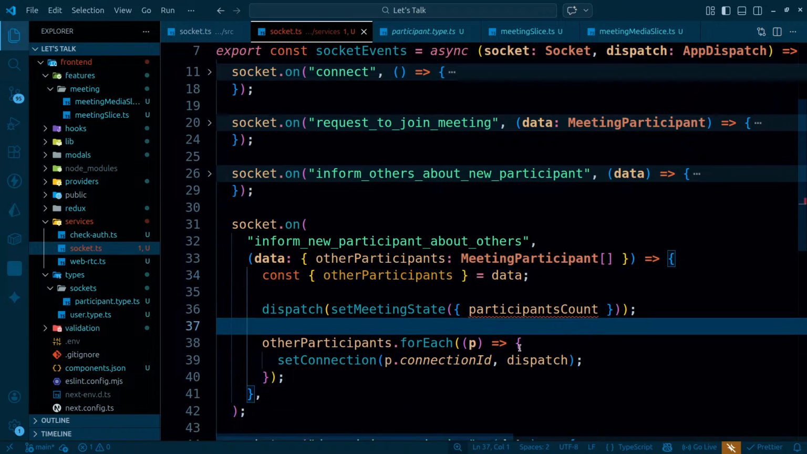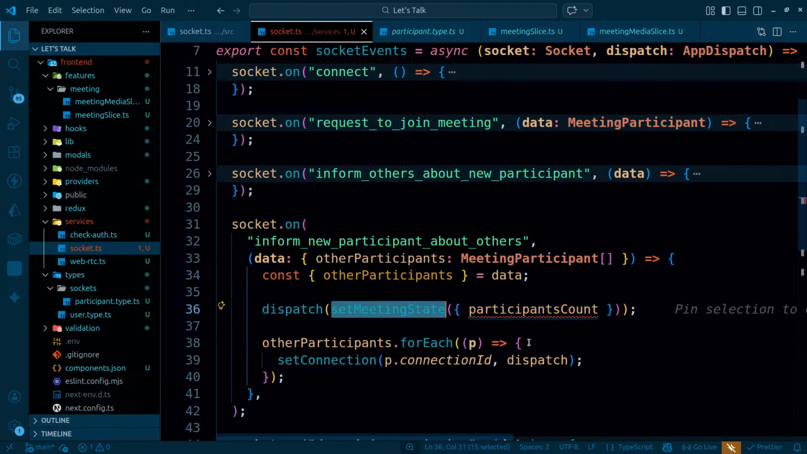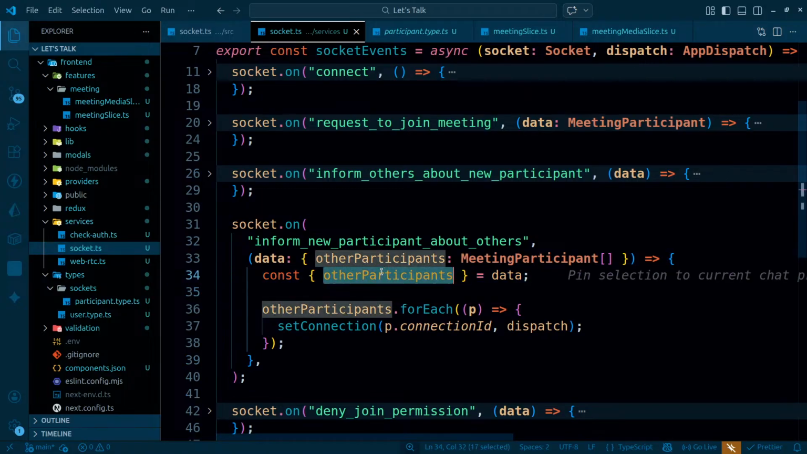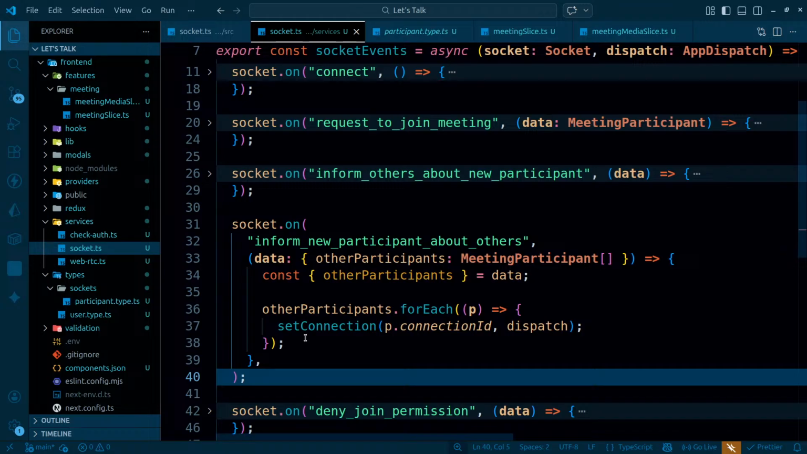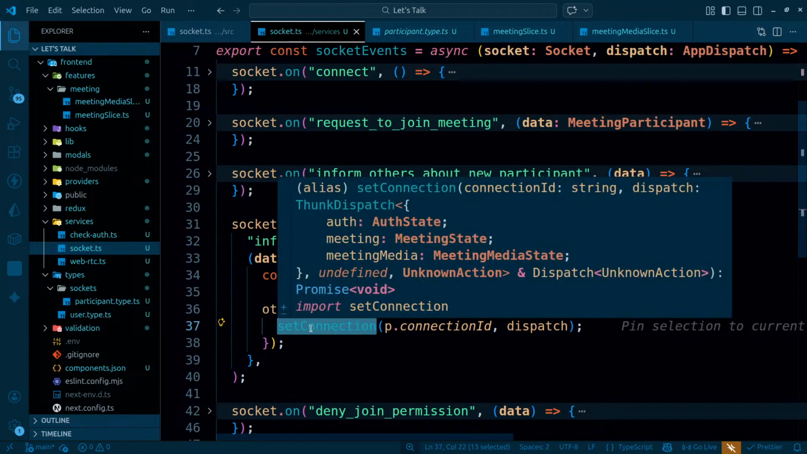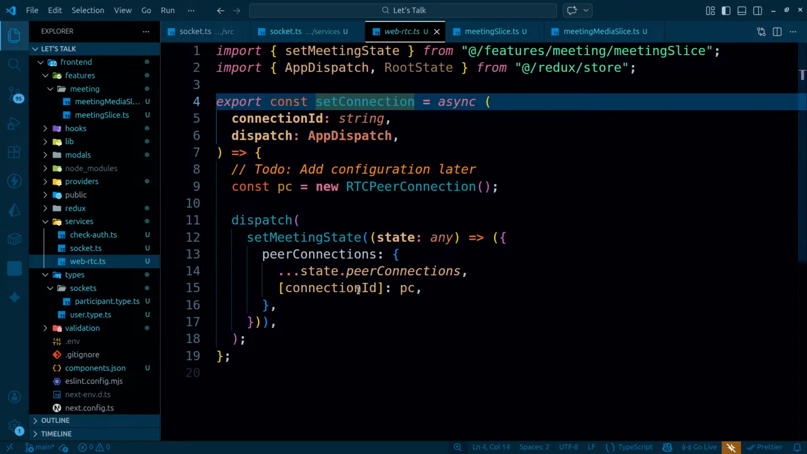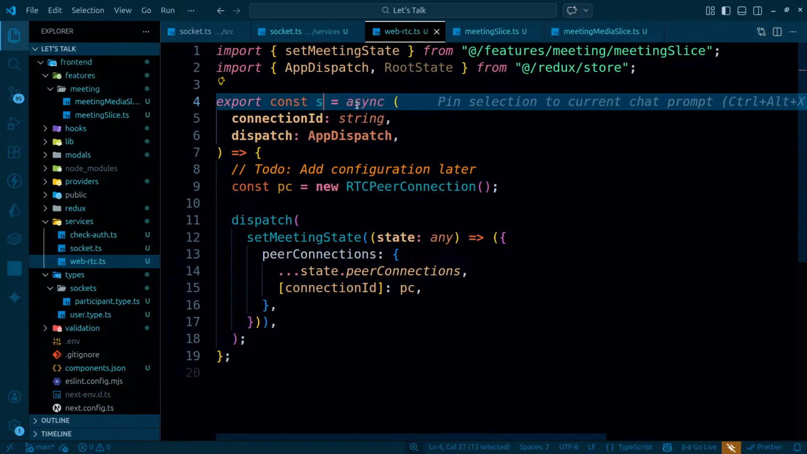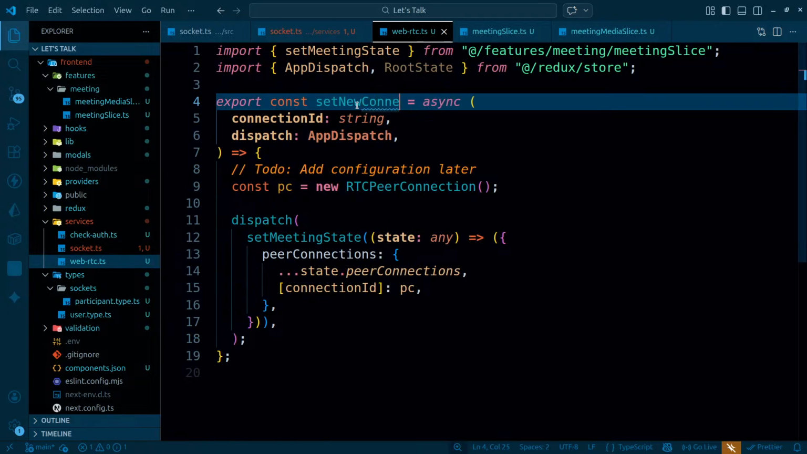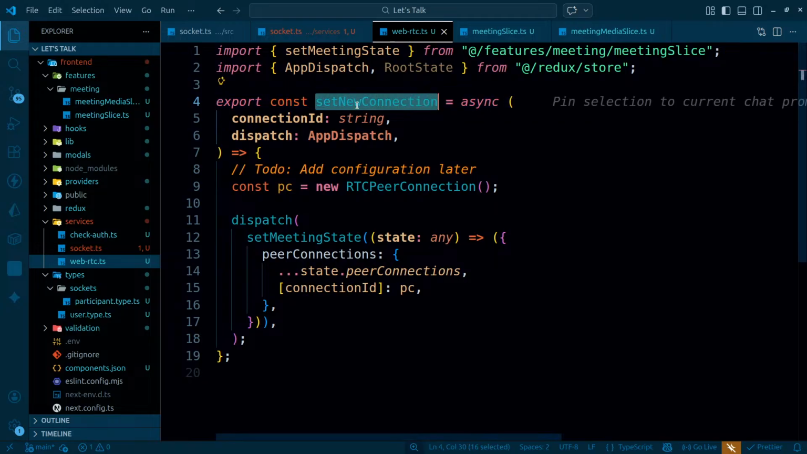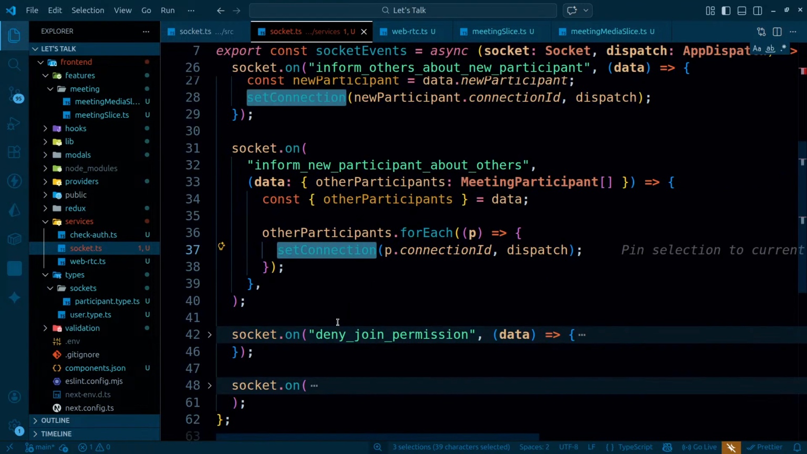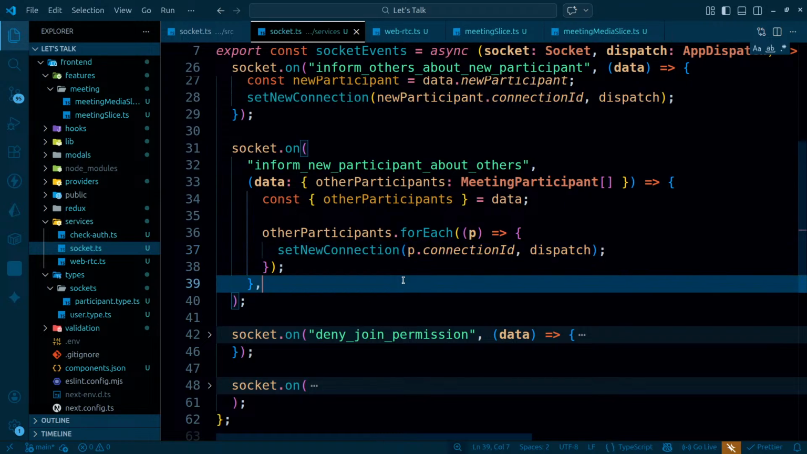That simply means I'm not gonna be setting it here. So set meeting state. I'm not even gonna be setting the other participants here, because of course I'm already saving the value. So once I got the other participants, I'm just simply setting the connection. And for this connection, where is this coming from? This is actually coming from this WebRTC service. Okay, and this is actually gonna be set a new connection just like this. Once I have it here, I can go back here. Wherever I have this set connection, I'm gonna be just simply replacing it with the new one,